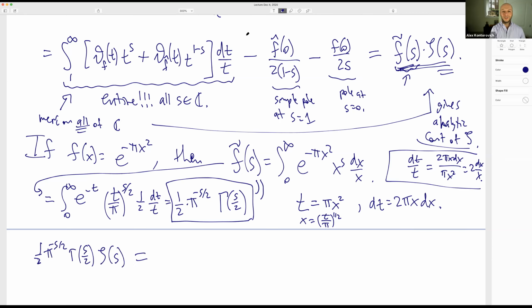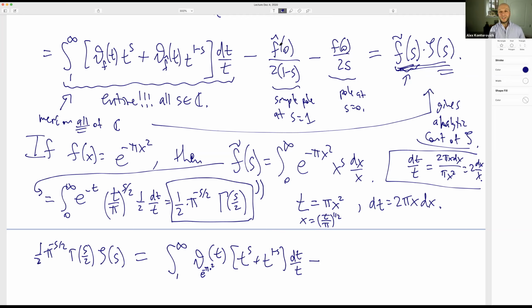By the way, what is the Fourier transform of the Gaussian? It's itself. So I can combine these two together. This is the theta function of the Gaussian, e to the minus pi dot squared at t times t to the s plus t to the 1 minus s. That's a common ingredient of both of them, dt over t,